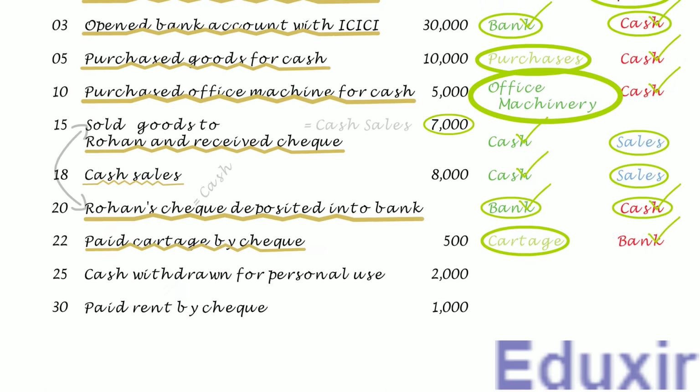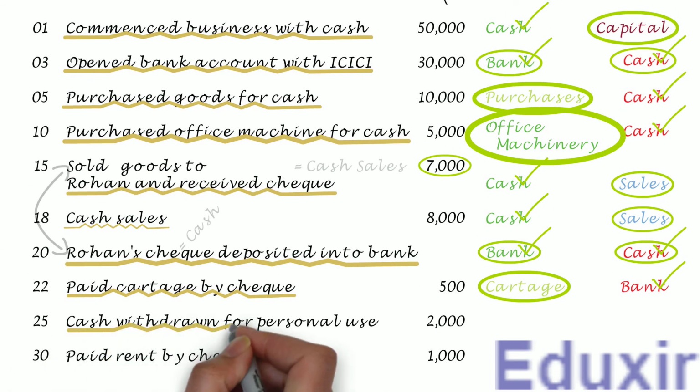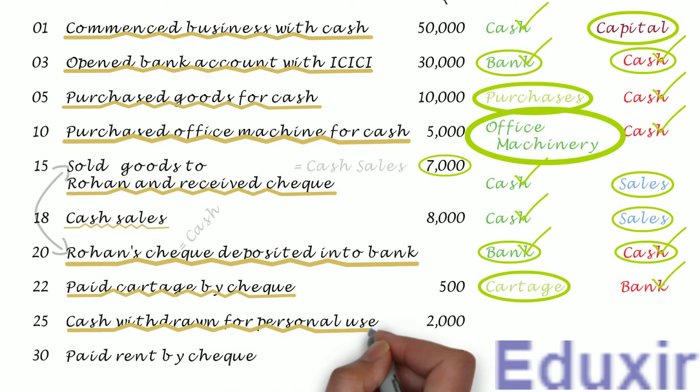In this transaction, the owner of the business is withdrawing 2,000 rupees of cash for personal use. As you know, drawings should be treated in the same way as when capital is reduced. This is because the drawings reduce the capital. In fact, drawings can be considered as a bifurcation of the capital account to record all the withdrawals. This will help the businesses to maintain all the withdrawals at one place for ease of reference.